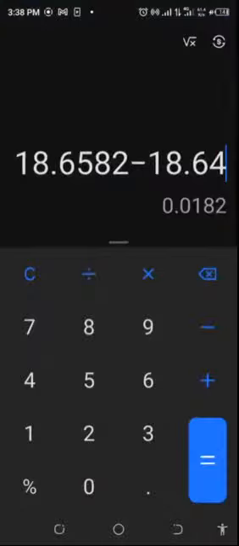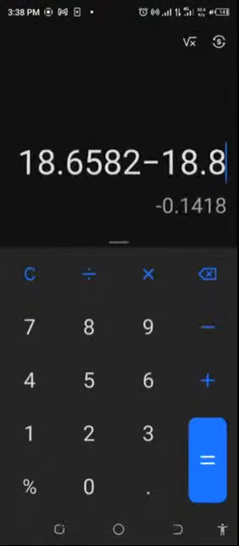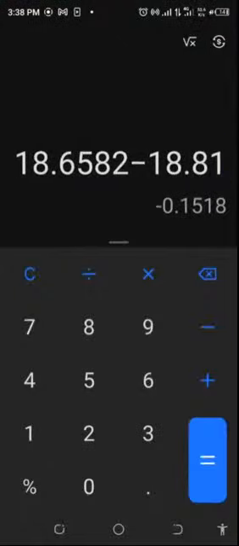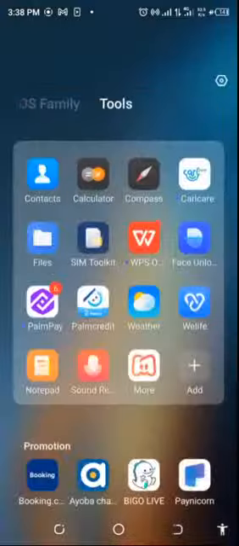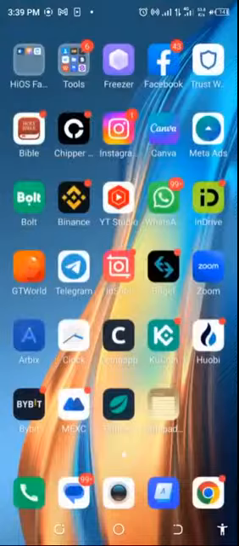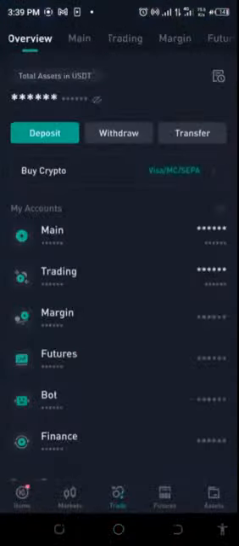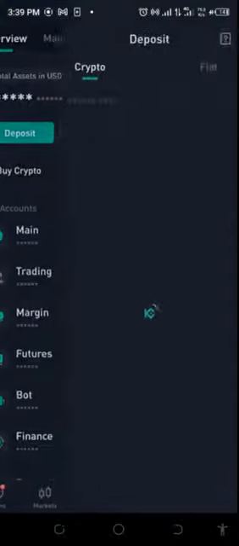Let's go ahead. 18.81. Okay, that looks like we are going to get 15 cents. Let's just move. We are already on this, so we shouldn't waste too much time. So let's quickly go in there and pick up the deposit